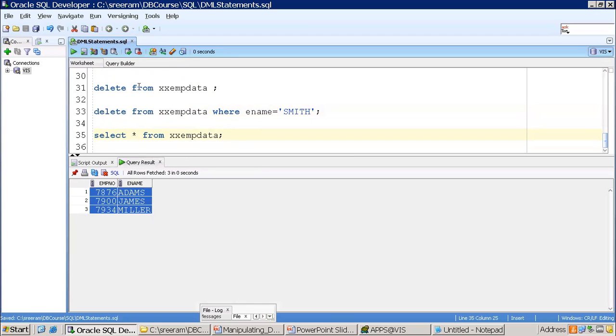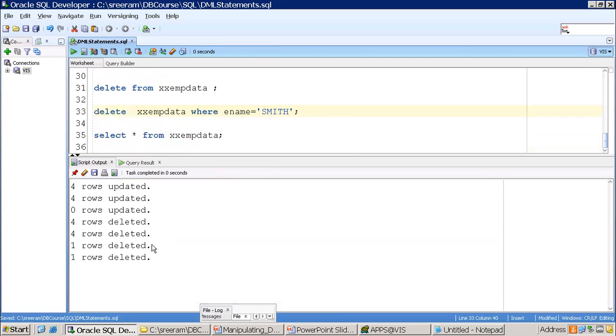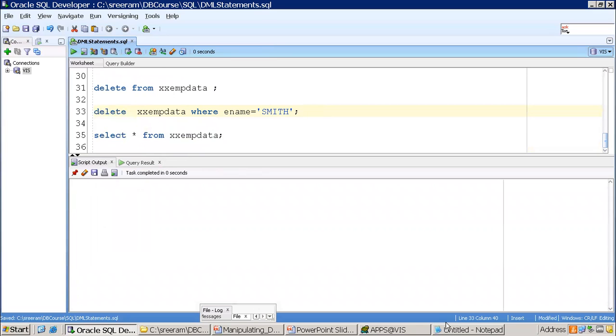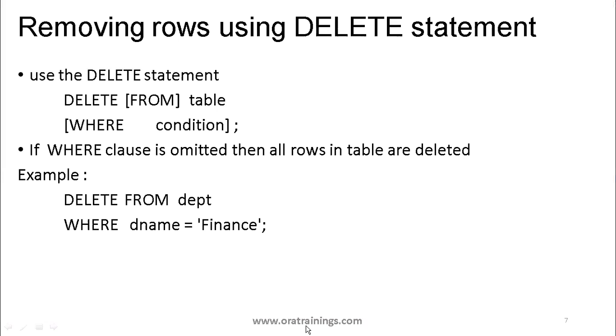Either you can mention delete. Now let us see if you don't mention delete, you can mention from is not mandatory. Okay, I'll try to re-execute again. See, just see this one. From is not mandatory. There is no error. Okay. Now coming back to the next point in our slide,